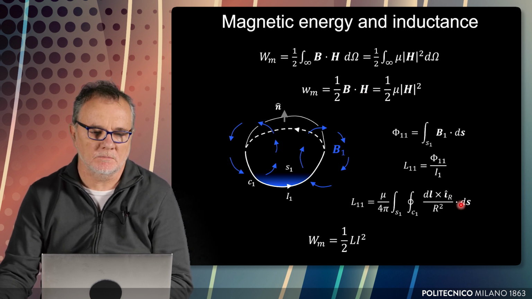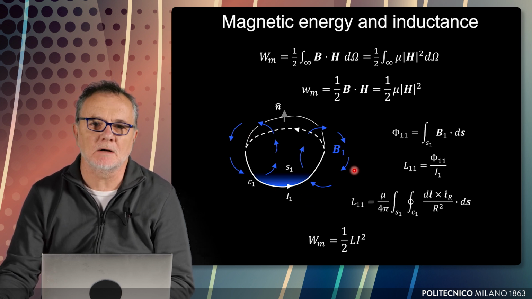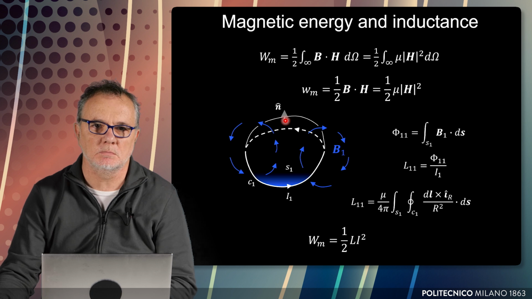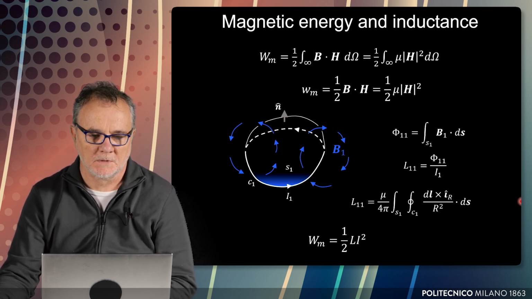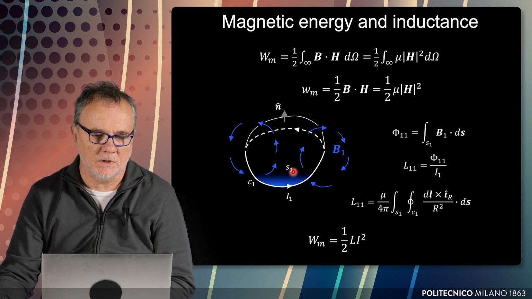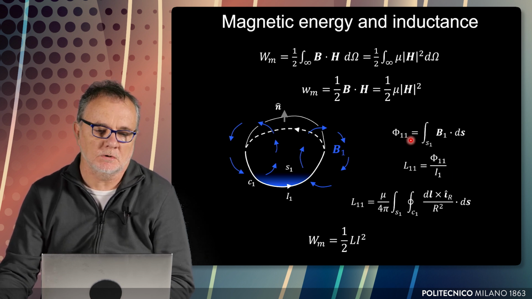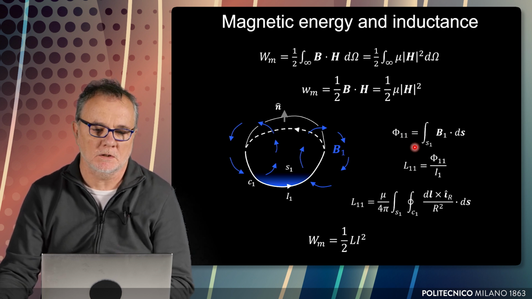Now let's consider a system, a loop, in which a current I1 flows. This current I1 produces a field B1, and let's consider that this loop is the boundary of a surface S1. We plot here the surface and the normal to the surface. This normal is oriented in the direction that we obtain from the right-hand rule once we know the direction of the current flowing in the loop. So let's compute the flux through S1 of the field produced by I1, which is B1. We have a double index here because we compute the flux through S1 of the field produced by I1.